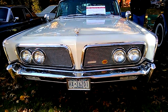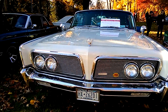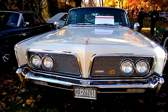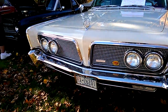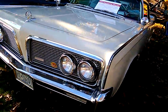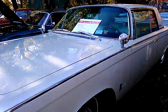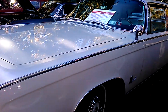Let me just make sure. Just want to make sure I get it. Yeah, 1964 Imperial. This is a very attractive car. It's got twin styling on it. Half of it's from Virgil Exner, and the other half is from Elwood Engel. You know, pretty much everything from the greenhouse up would be Exner, and everything from the belt line down